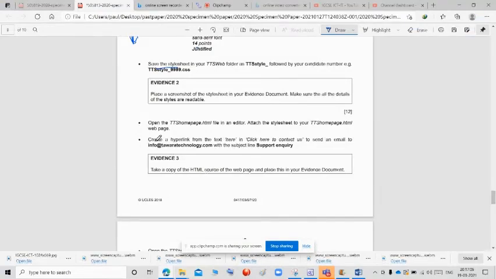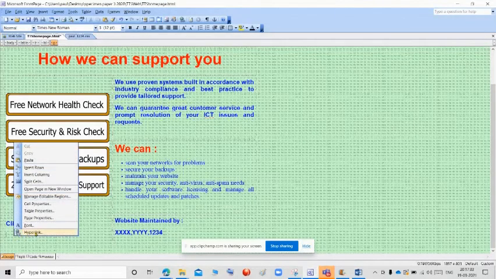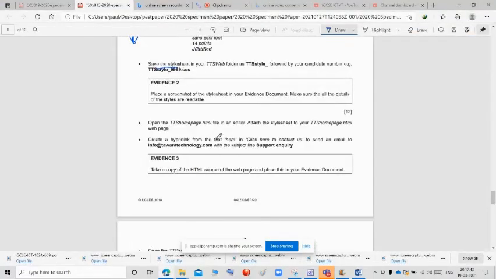After that, they are asking to create the hyperlink from the text here. In click here to contact us, we want to give the hypertext. If I click that text, it should redirect to the email page. So we are going to use the hyperlink. Right click, go to the hyperlink, select the email address and give the email address name. First give the text to display.